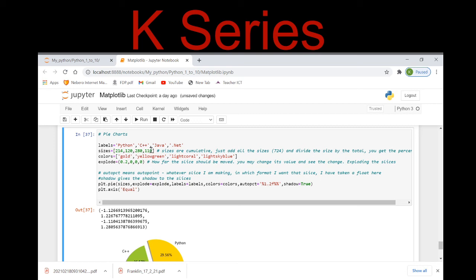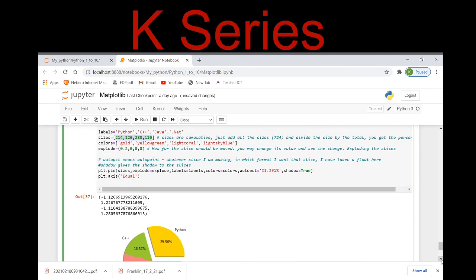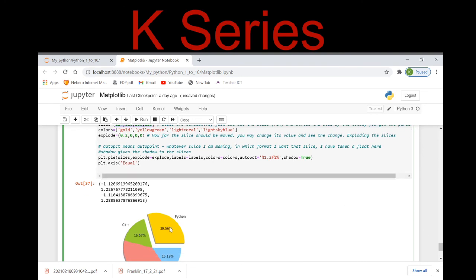See here, if you count all these numbers, this comes out to be 724, and if you divide the size by the total, you will get the actual percentile. See here, 724 by the actual number, then you will get Python is of 29 point. From the entire 100 percentile, Python consists of 29.56%.